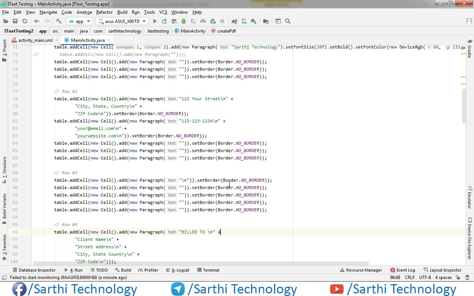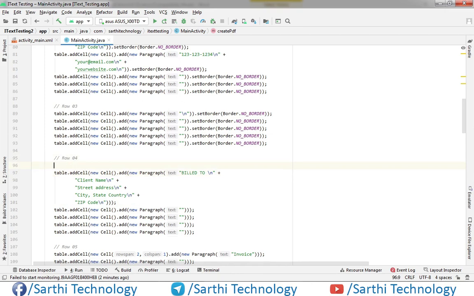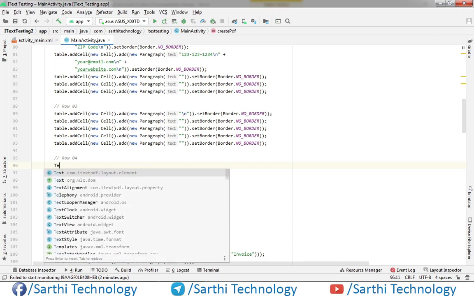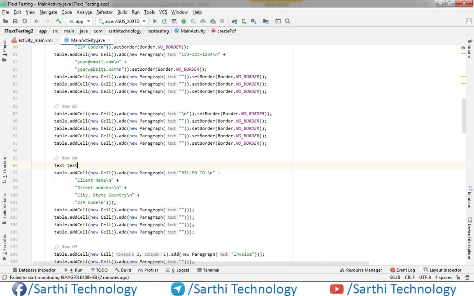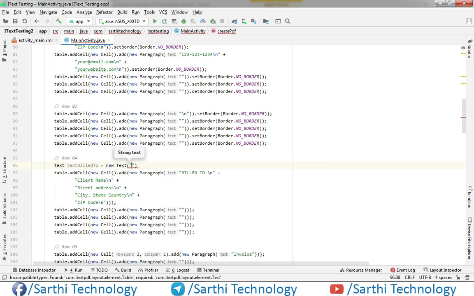And now in this Bill To, we need to create one text object, Text billTo.